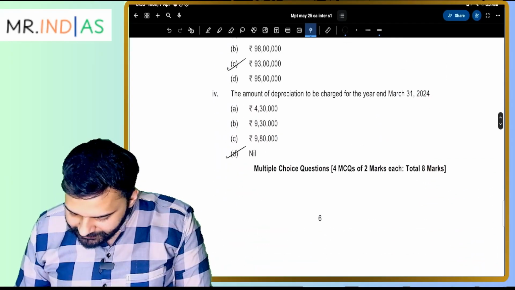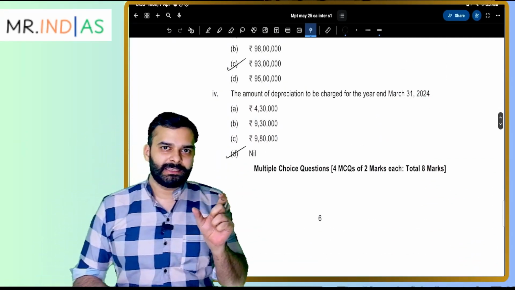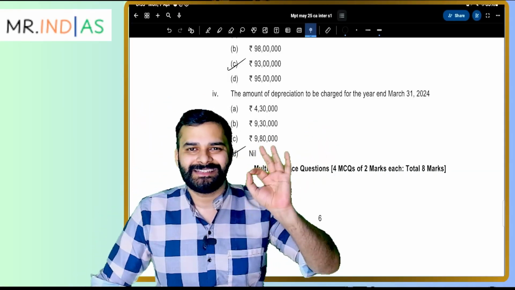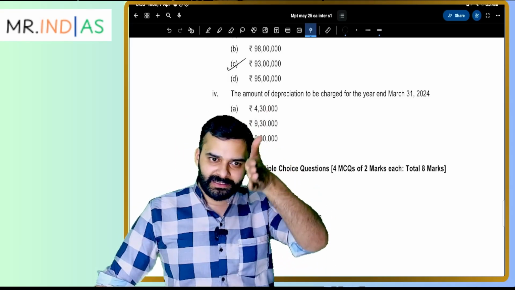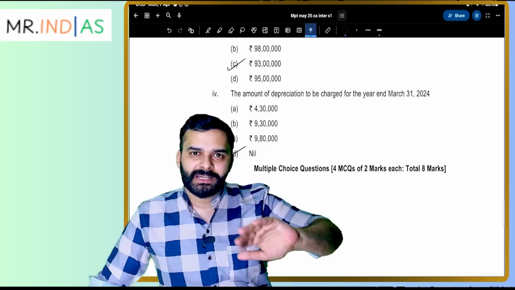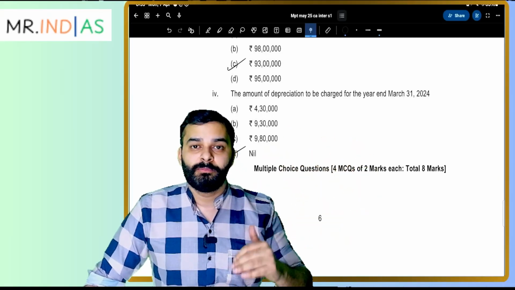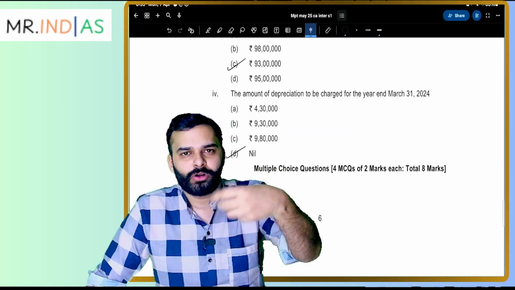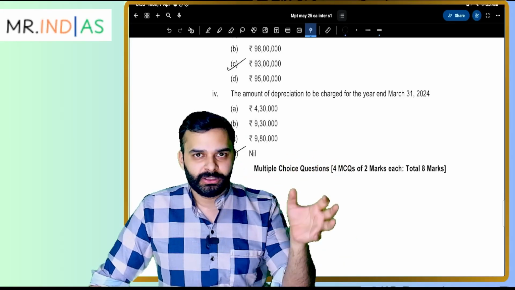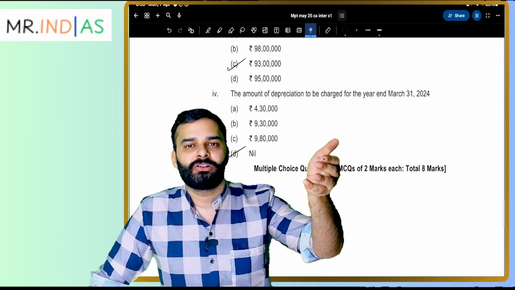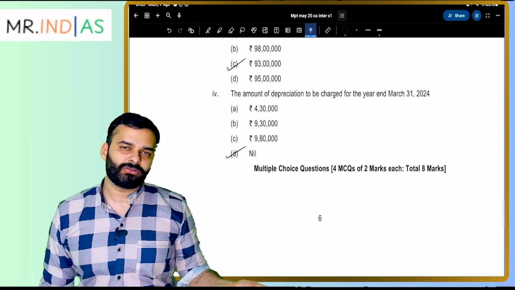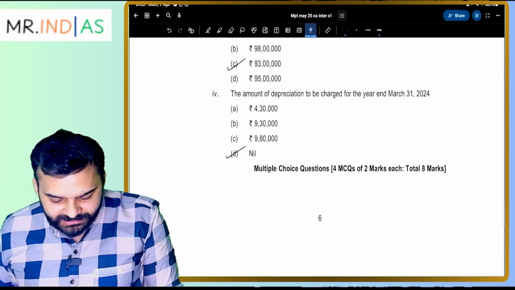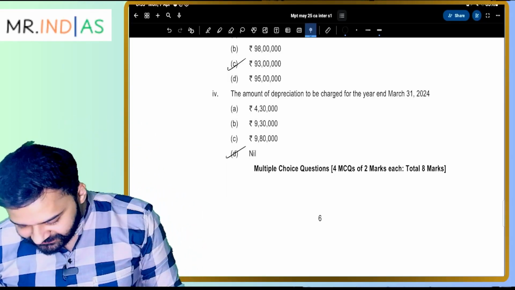When will you start charging depreciation? When the plant is ready for use, or we can say is in the condition or location as intended by management. And the moment the plant is ready in that state, the capitalization stops and the depreciation starts, because now you have the plant ready according to your intention, and then you start using the plant, and the cost appears in the profit and loss account accordingly. So in this question we have not been given any data regarding the completion, so the depreciation is nil, right?